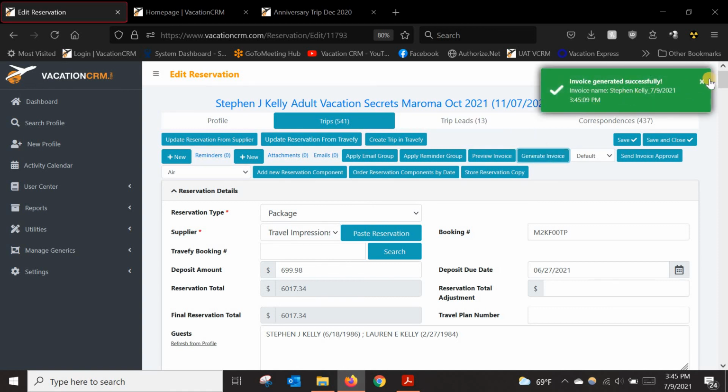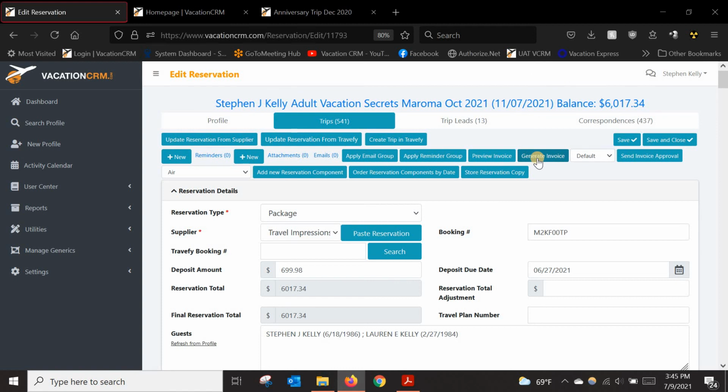And it says one was generated. Every time you click Generate Invoice, it will attach a copy of this version of the invoice to the client's trip. So the idea is you would generate an invoice after every payment or after anything changes. So if the client deposits and then a month later they add an excursion to this trip and it raises the cost, you would put those details in and then generate another invoice. Or if they just make a payment, once you record the payment, generate another invoice, and then you can send